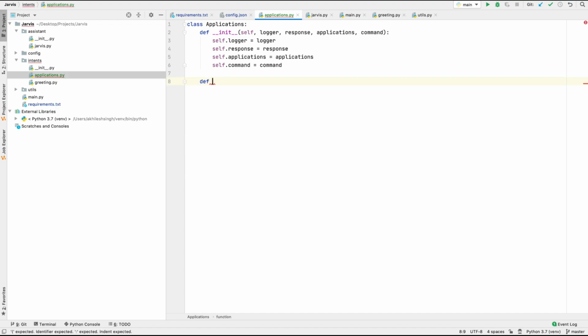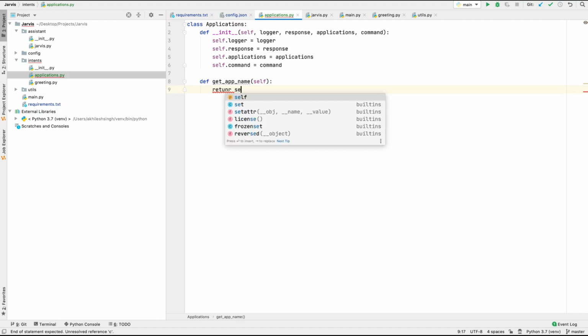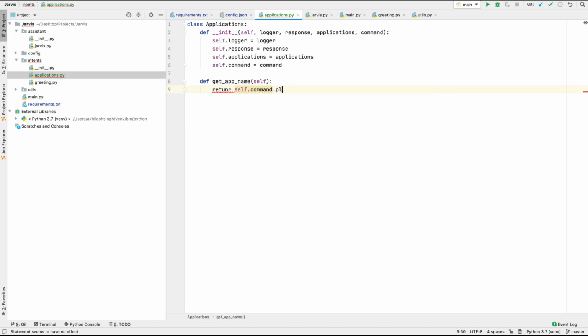So for that, I'm going to create a method def get_app_name, and here I'm going to return self.command.split for now from space, and we will have the second index.